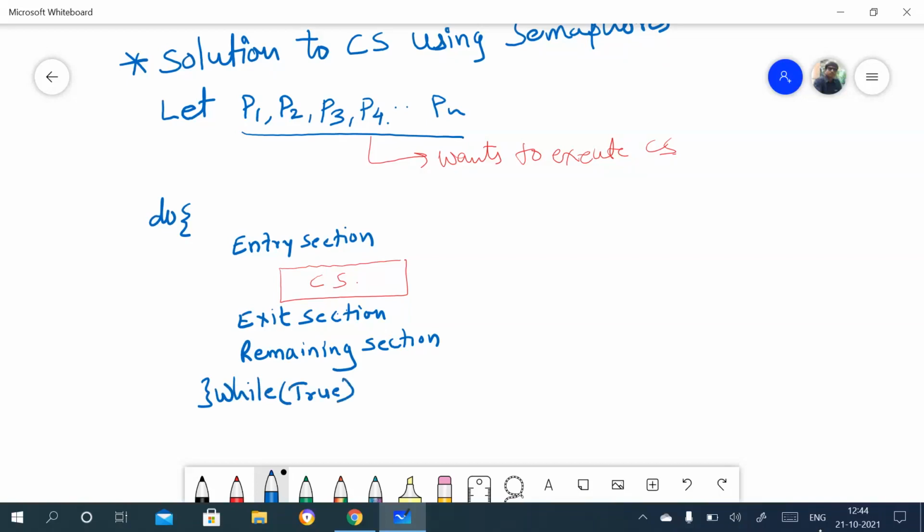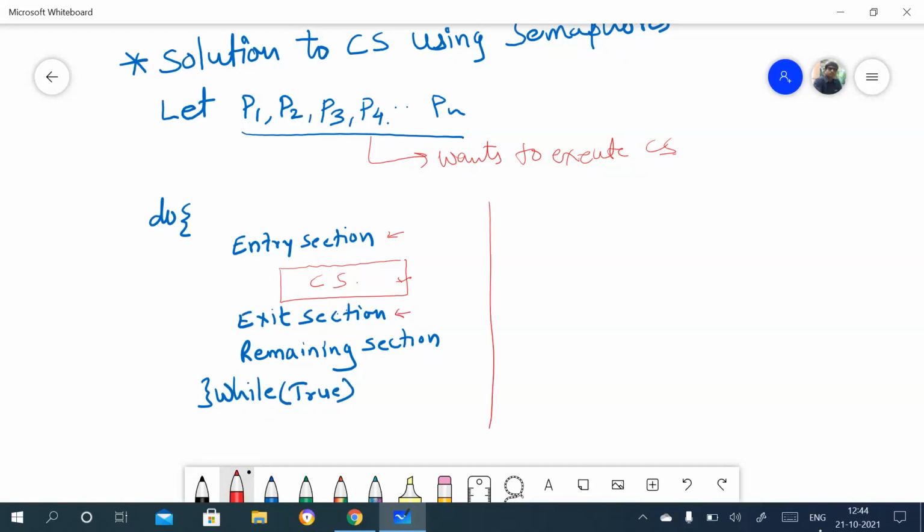So this we know. As I said, to enter into this critical section, first that process needs to execute this entry section code, and to exit, again that process needs to execute this exit code.